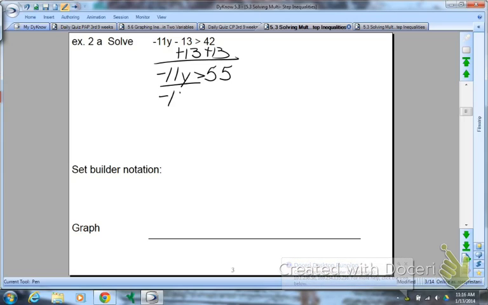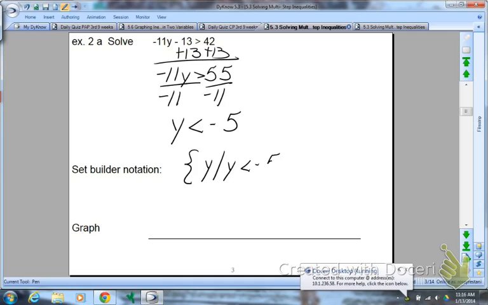Divide by negative 11. Now remember, what happens when we divide by a negative number? Flip the symbol, so it becomes y is less than negative 5. Now, we talked about set builder notation. Let's just practice doing it one time and then we won't do it again. Set builder notation: put in braces, y such that y is less than negative 5. Close the braces. To graph it,